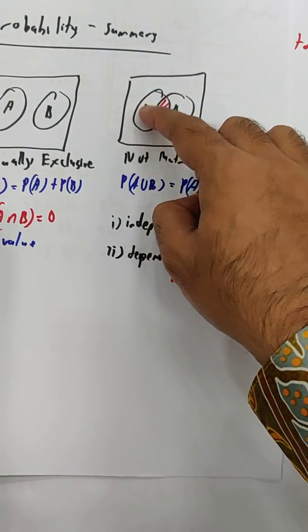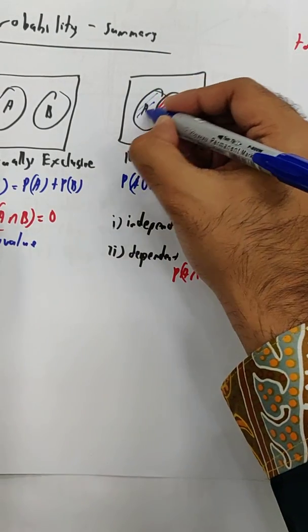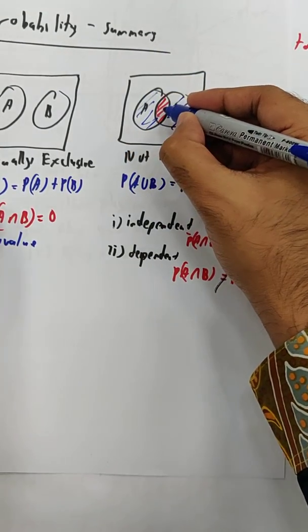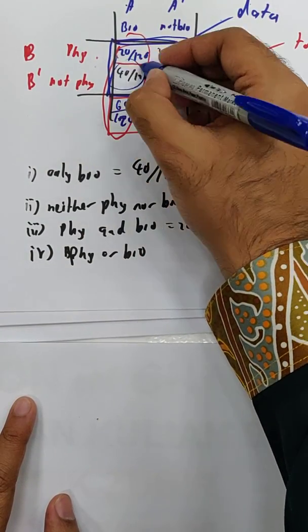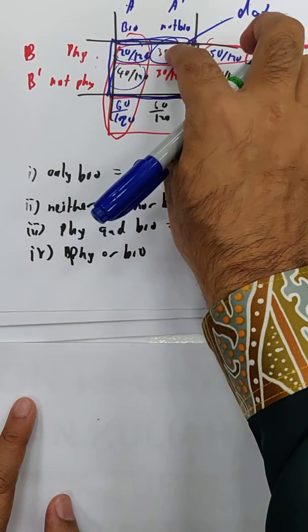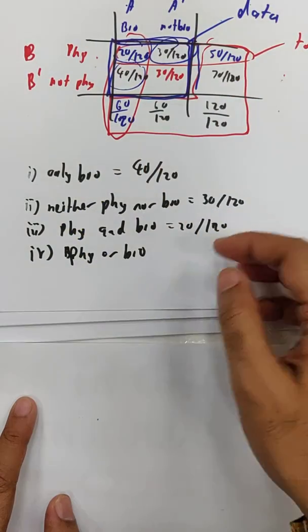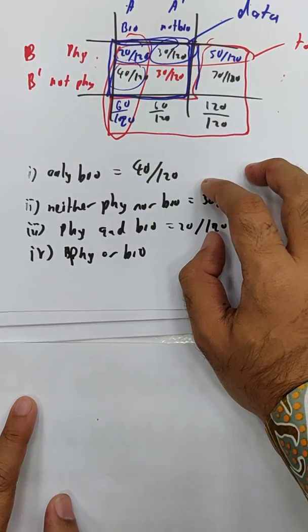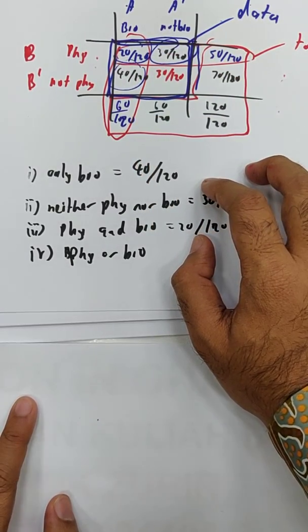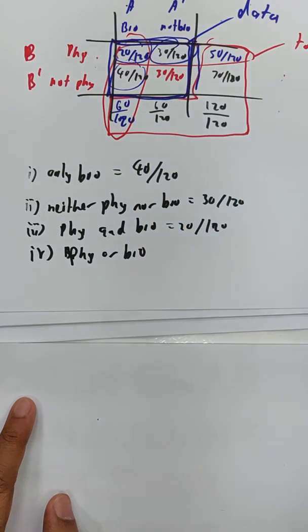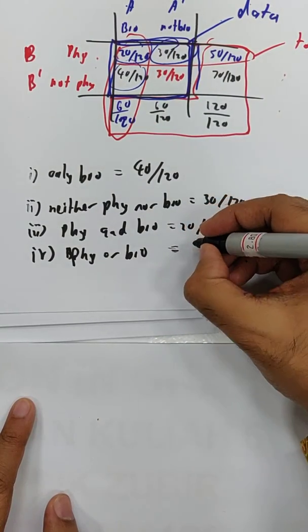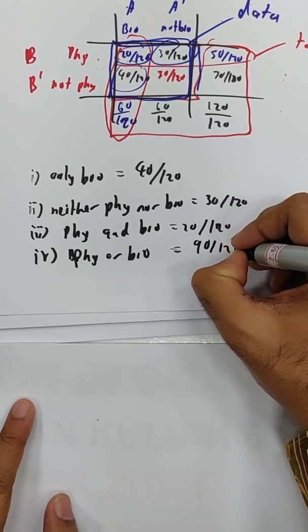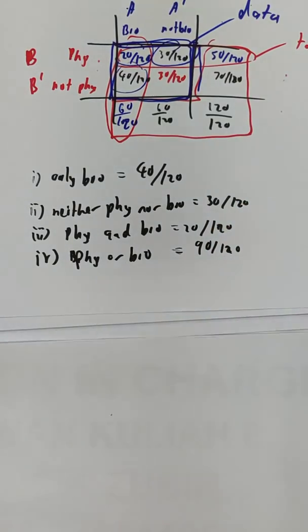which I prefer to do, you take this part, the A part, plus the B part here, and then plus the intersection here. Is it possible over here, sir? Yes, you are right. This is the blue part. You add these three things. And personally for me, adding these three small numbers is easier than adding two numbers and minusing one. 20 plus 40 plus 30, then you get the answer straight away, which gives you 90/120. Okay?